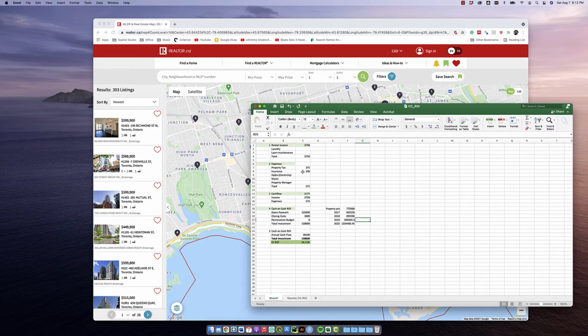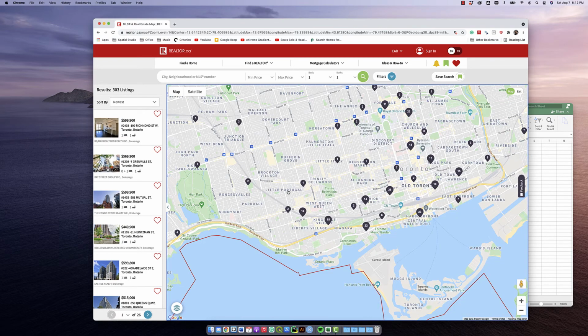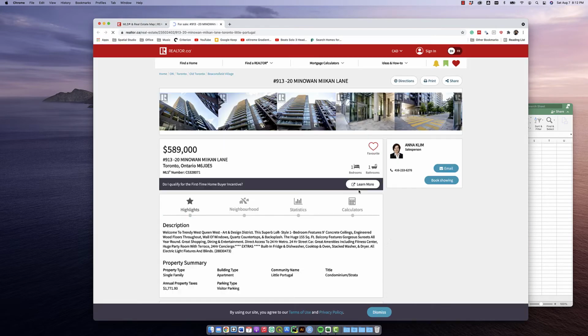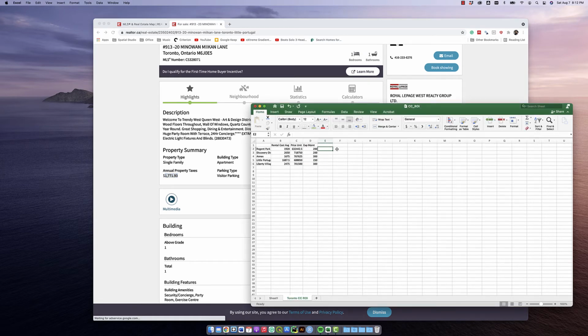Then we have to look at the other things, namely the property tax that we looked at. So property tax would be about $2,000 a year. So for instance, Little Portugal, we would buy this property, we would have annual property taxes of $1,800. All right, so let's do an average of 2,000,